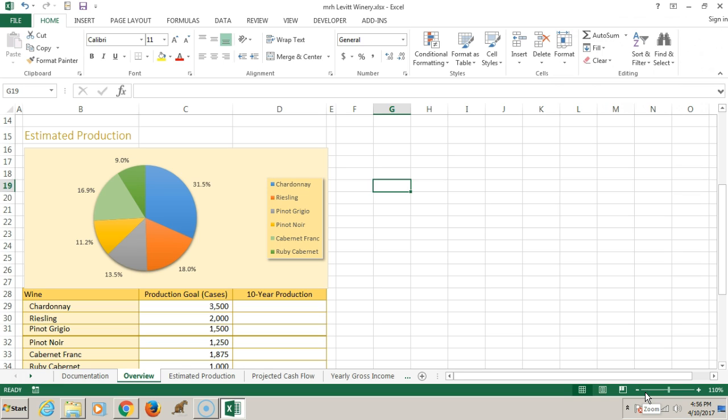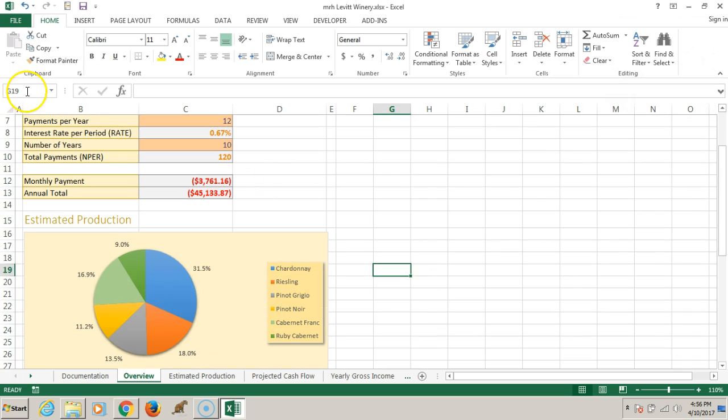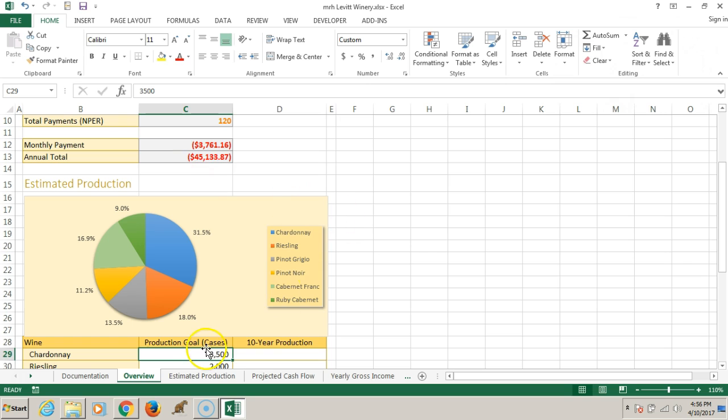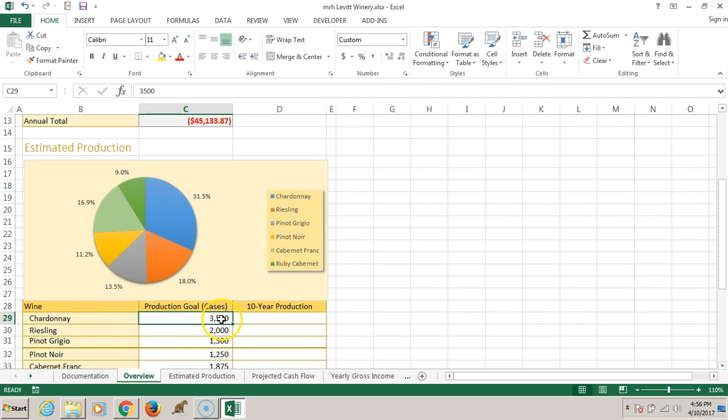All right, so what-if analysis? What-if analysis is checking your work, basically. That's what you want to do. You want to see what things look like with a different value. So in cell C29, I'm going to go to cell C29. I can type it in here, C29, enter. It takes me directly to cell C29. And if I change 3,500 to 5,500 and press enter,